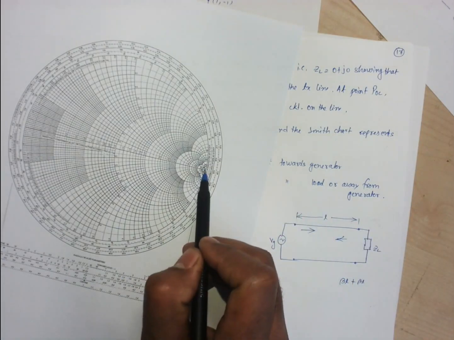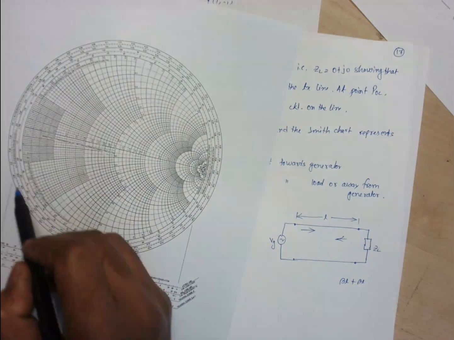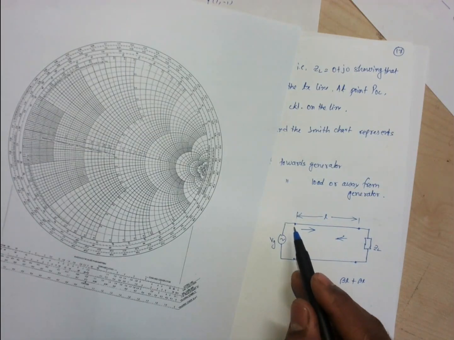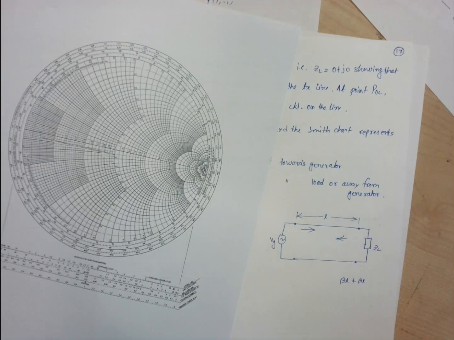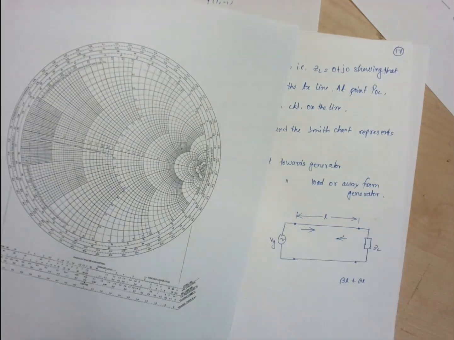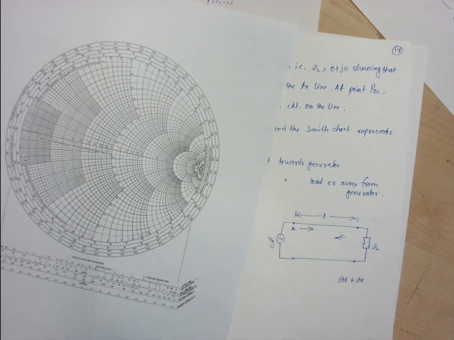So if we start this journey from this point or from this point, and again come to the same point, what does it mean? The signal which started its journey from the source has a forward movement. Again, to come to the same point, it should have the backward movement. So somehow through reflection, it comes back to the original point, that is, point A. So it has a complete travel of distance twice beta L, right?